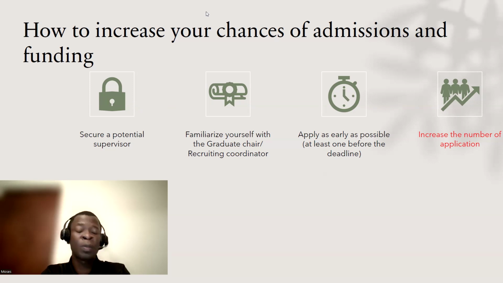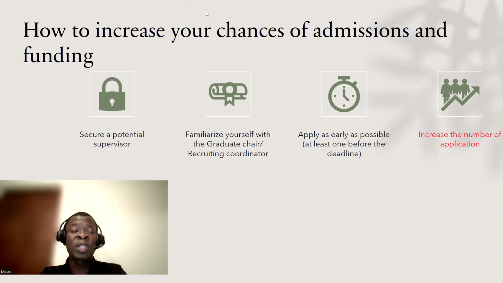Okay, they can just tell the graduate coordinator, I know this student, I want to work with this student, I have access to funding, so can you recruit this student for me? Another thing is to familiarize yourself with the graduate chair or the graduate recruiter by asking very relevant questions. As you are doing these things and asking relevant questions, we call something